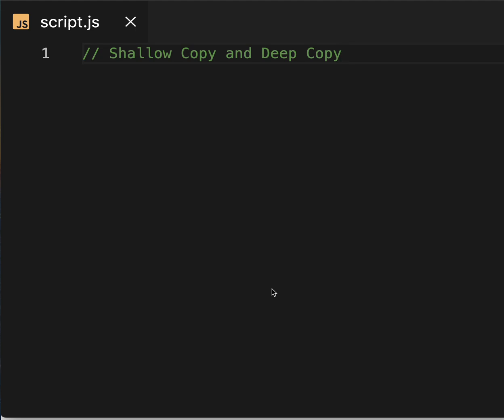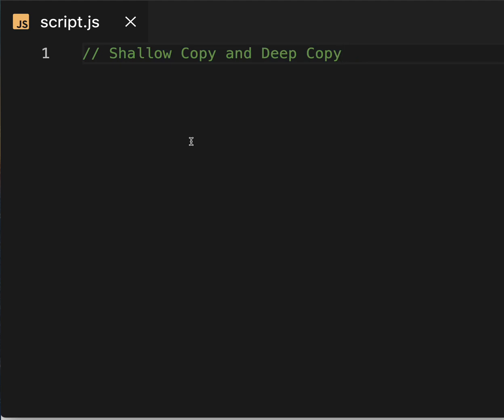So in deep copy, what happened? With the deep copy, it's like having a completely new book. Cover and pages, everything is duplicated. So use the shallow copy when you want to save time and memory, and it's okay if some things are shared. And use deep copy when you want a completely independent copy with no shared parts.